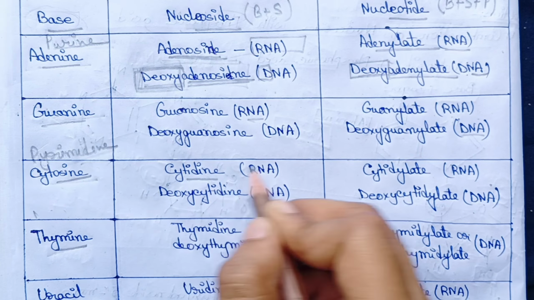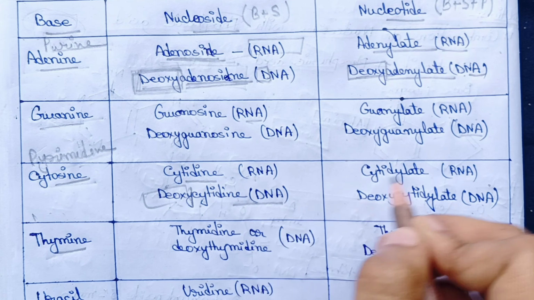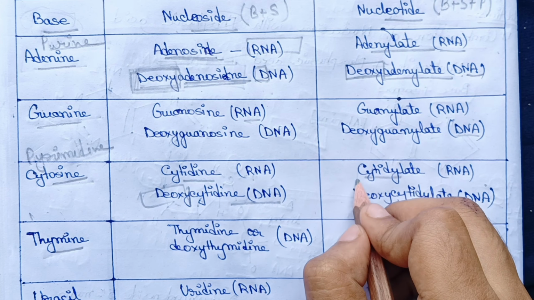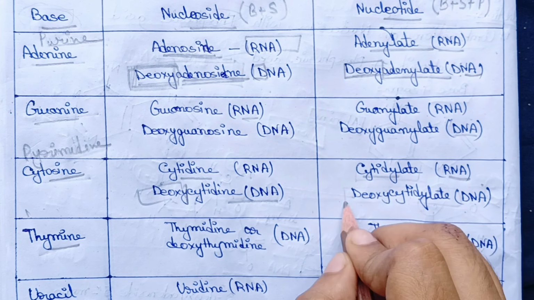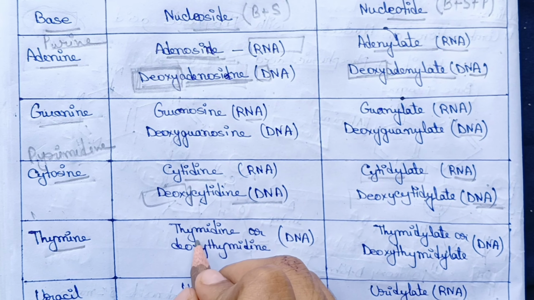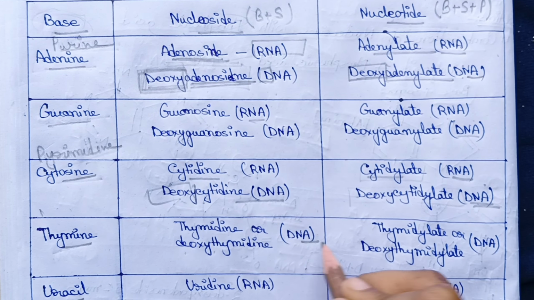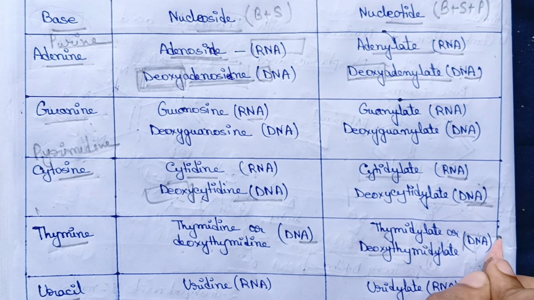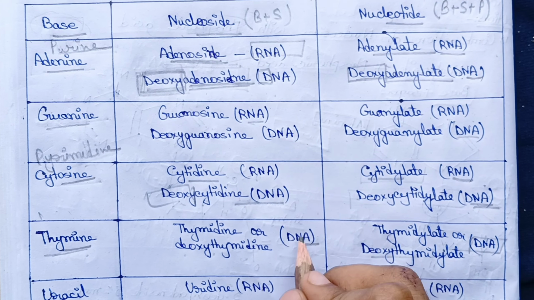Cytosine is called cytidine in RNA and deoxycytidine in DNA. In the same way, in the nucleotide, it is cytidylate in RNA and deoxycytidylate in DNA. Thymidine or deoxythymidine is in DNA, and thymidylate or deoxythymidylate are both called in DNA, as thymine is only present